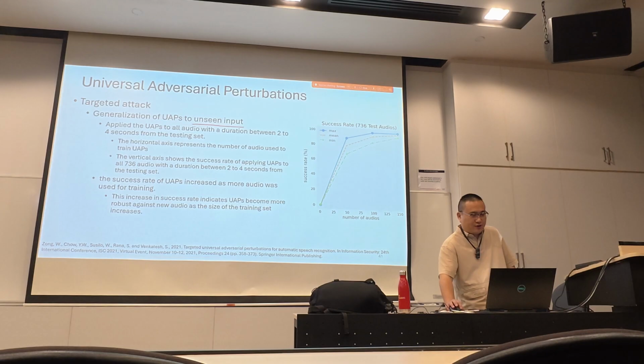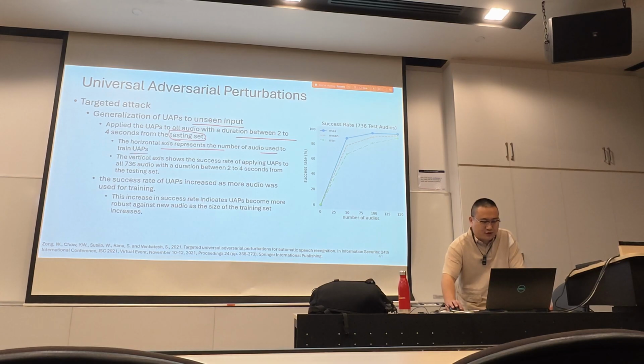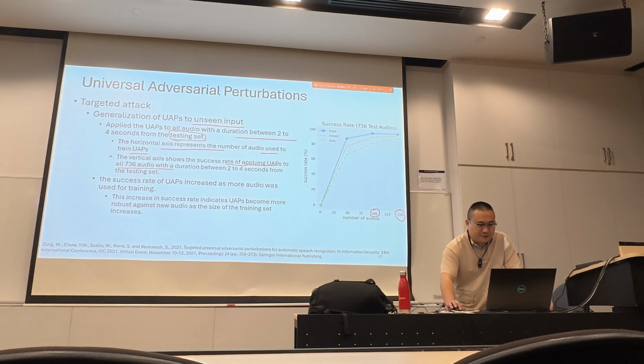Here we apply the UAP to all audio with duration between 2 and 4 seconds from the testing set. These audios are not seen during the generation of UAPs. The horizontal axis represents the number of audio used to train UAPs. For example, the 100 here means that the UAP can be used to fool 100 audio, and this one can fool 150 audio. The vertical axis shows the success rates of applying the UAPs to over 700 audio with a duration between